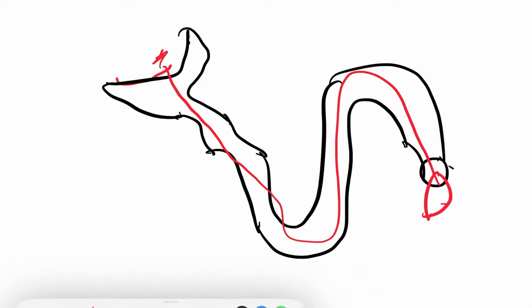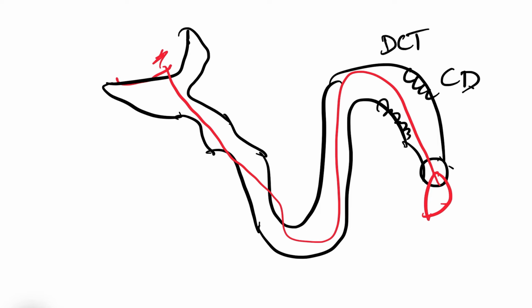So this distal part is the DCT, distal convoluted tubule, and the collecting duct. So the epithelial cells here, ADH, antidiuretic hormone, will act on the receptors of this collecting duct and distal convoluted tubule. By acting on them, it will increase the reabsorption of the water or the fluid from the distal part of